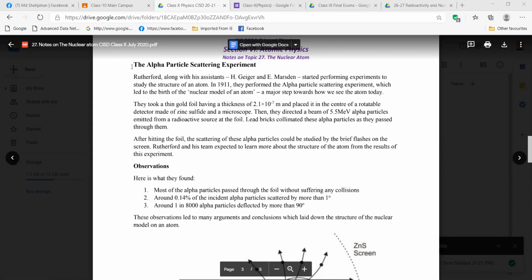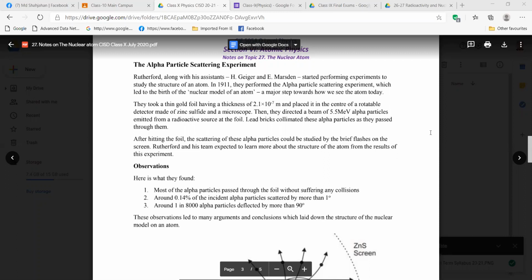They took a thin gold foil having a thickness of 2.1 into 10 to the power minus 7 meter and placed it in the center of a rotatable detector made of zinc sulfide and a microscope. Then they directed a beam of 5.5 MeV, mega electron volt,